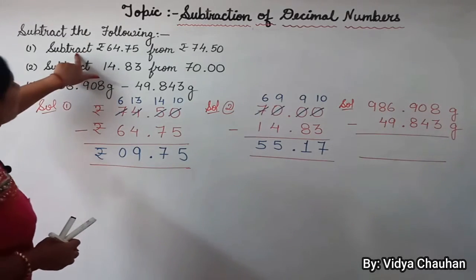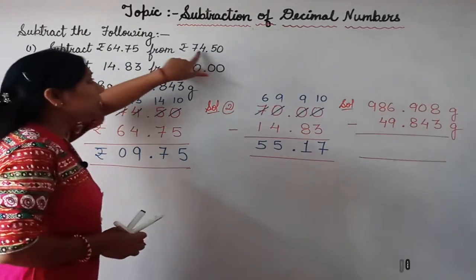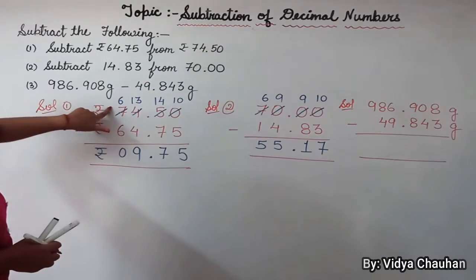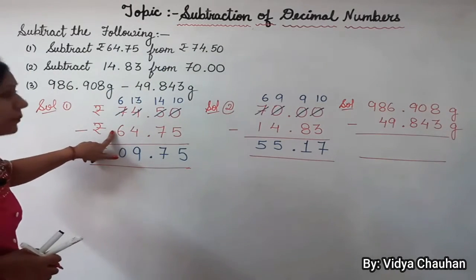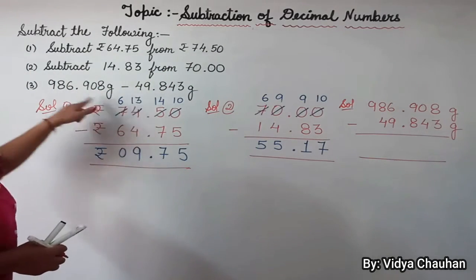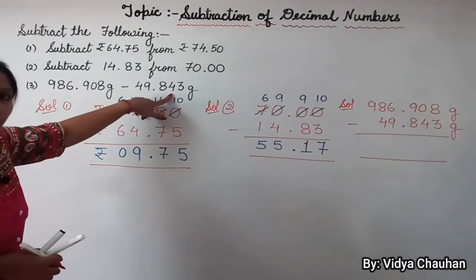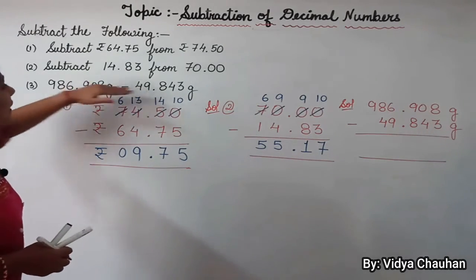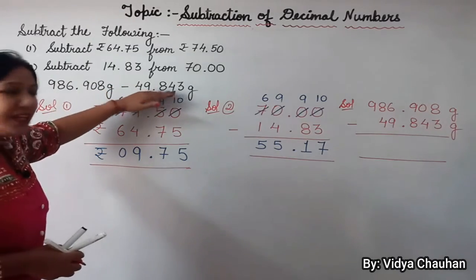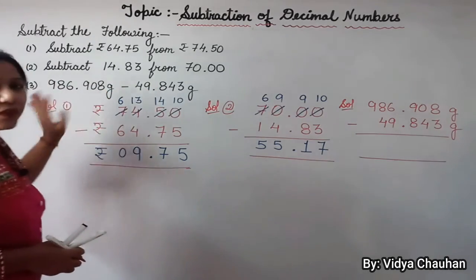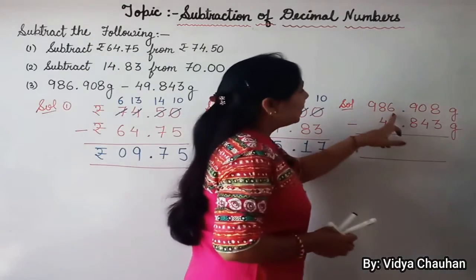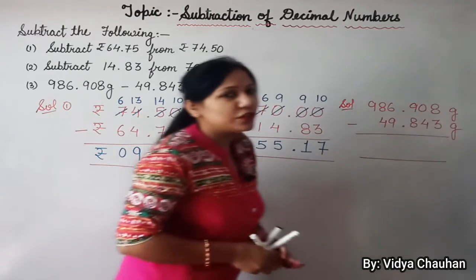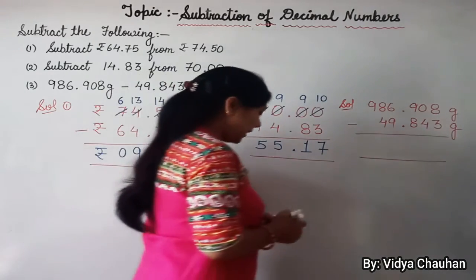In the earlier ones it is written that you have to subtract the first number from the second number. So that's why we wrote the first number at the top and the second number at the bottom. But in this third part, it is written in the straightforward format that you have to subtract this number and this number. It means the second number from the first number. So that's why we will write the bigger number, or the first number, at the top and the second number at the bottom. So let's start subtracting the numbers.